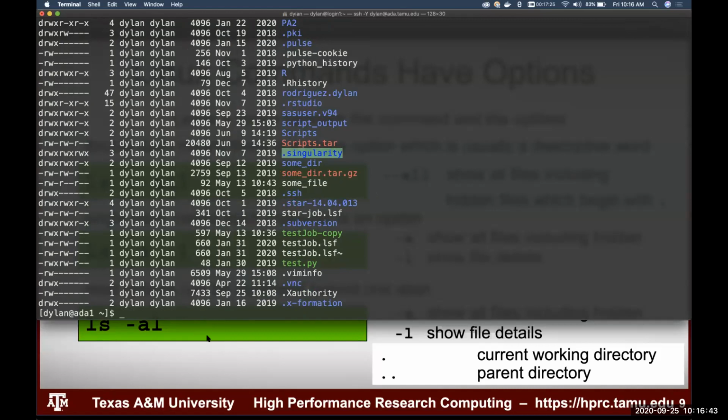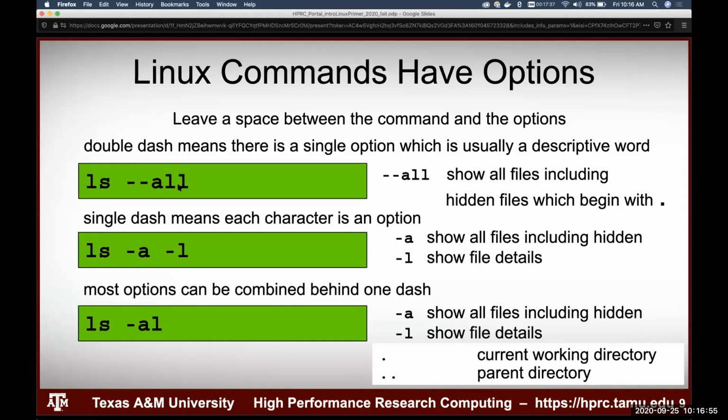Basically the way you'll learn Linux is you'll learn a whole lot of regular commands, and then you'll learn a few options or flags for those commands. And then as you use Linux more and more, you'll pick up on more commands that refine the way it works. Options are put behind a single dash. Most of the time, people use options like this third column over here, because most options can be combined behind